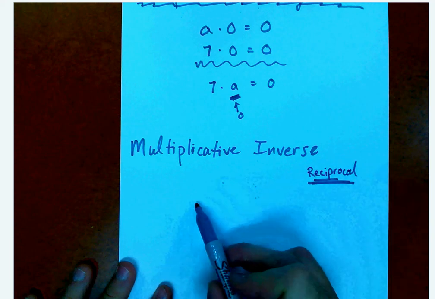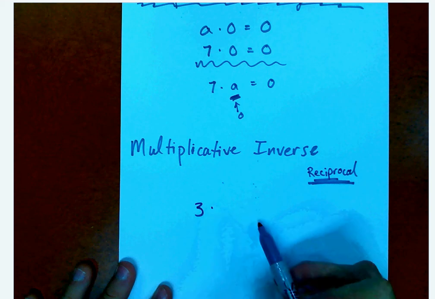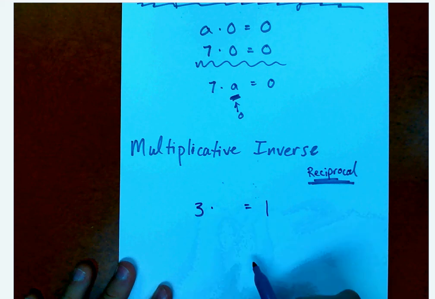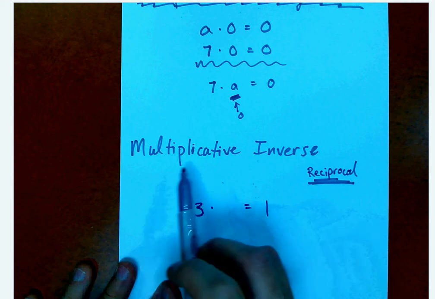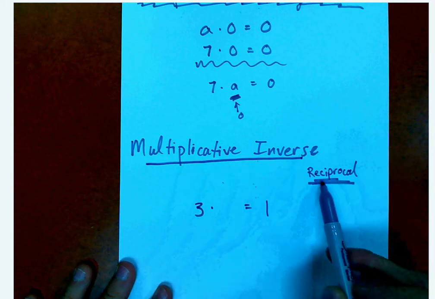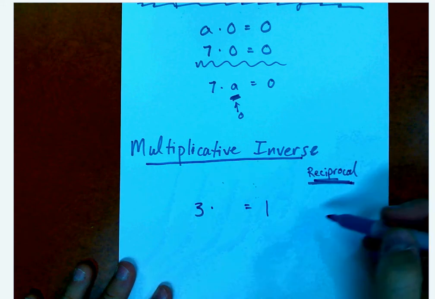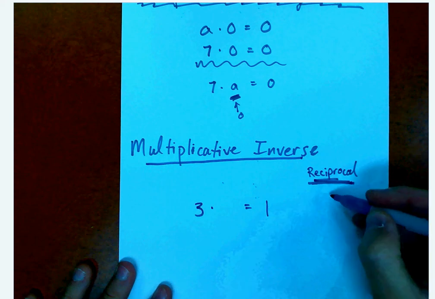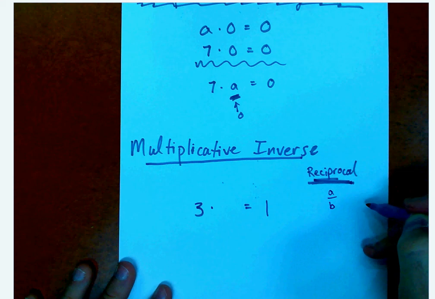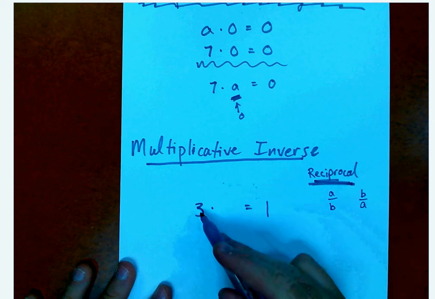What number would you have to multiply 3 by to make it equal 1? And the answer there is its multiplicative inverse, or its reciprocal. To find a number's reciprocal, simply switch its numerator with its denominator. So the reciprocal of A over B would be B over A, which means the reciprocal of 3 would be